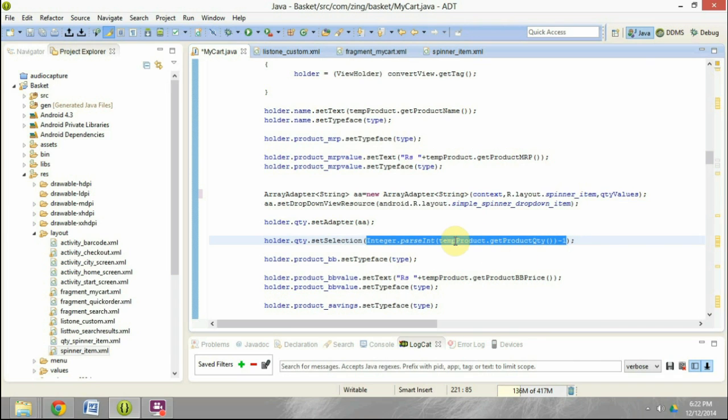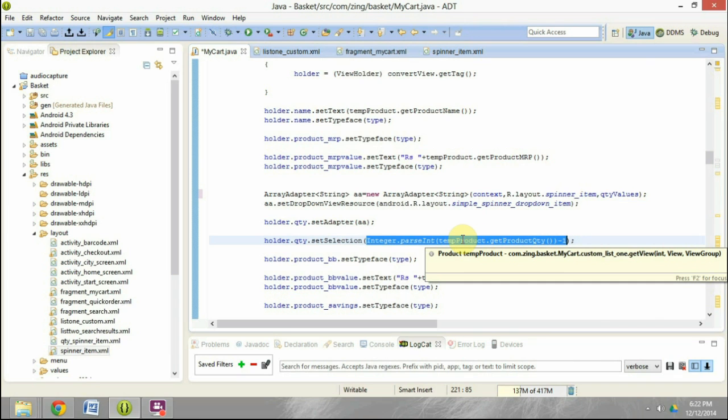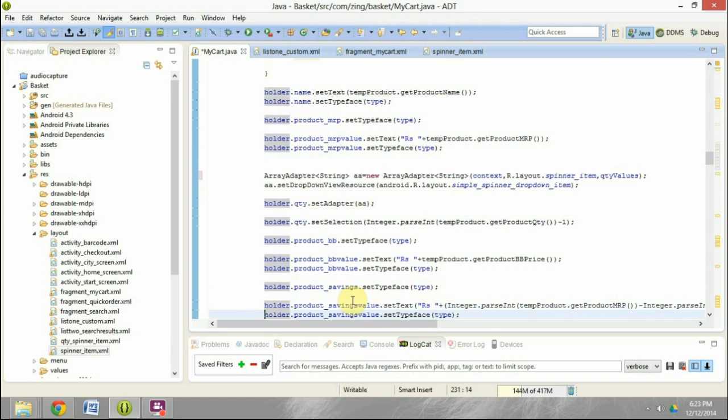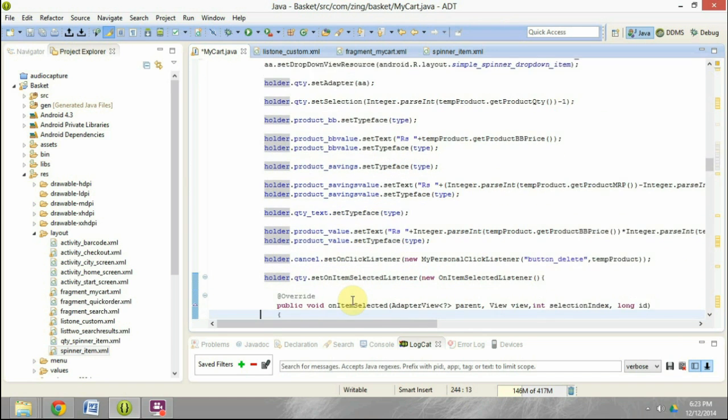So that is why we are doing a -1. So if it is 2, the position is 1. So we are doing a -1 to set the selection of the quantity to that particular value. So all the items, whatever is the quantity which is there in the database, will come pre-selected in the spinner using this statement.